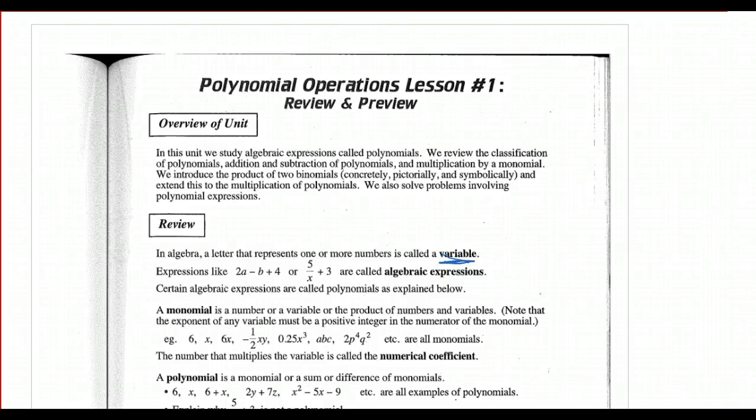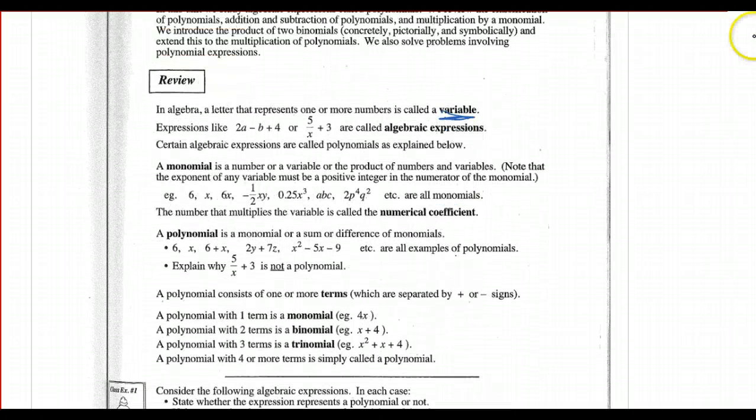Today we're starting a new unit on polynomials, and let's just jump right into it with a bit of a review. So in algebra, a letter that represents one or more numbers is called a variable, and we've seen a few of those already, such as x, y, z, or whatever it may be. And then we have expressions like 2a minus b plus 4 or 5 over x plus 3, which are called algebraic expressions. And the difference between expressions and equations, even though they look similar sometimes, is that equations have obviously an